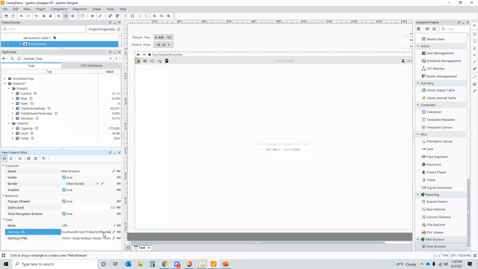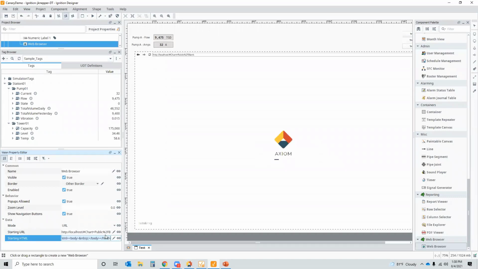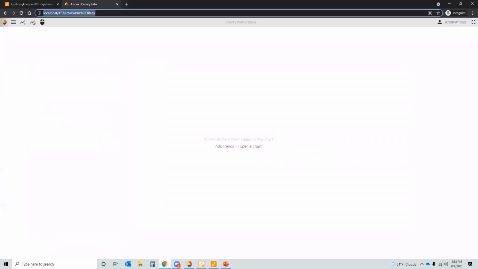So there it is. Localhost hash chart equals public blank. It loads the chart and there's my blank chart. Now, a really neat feature with Axiom is that I can actually provide more information inside of this URL beyond